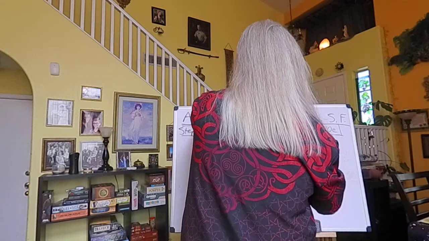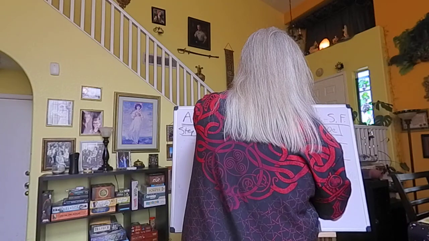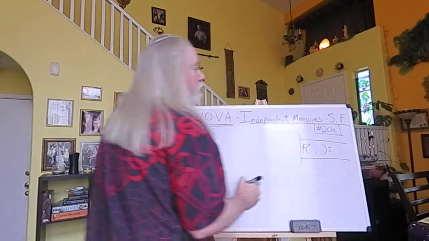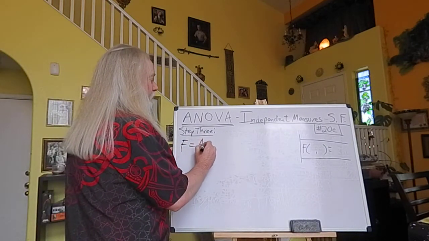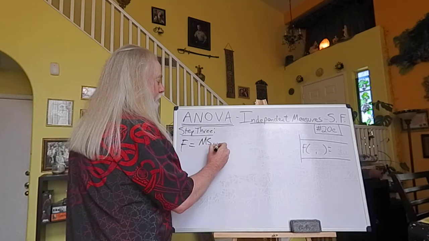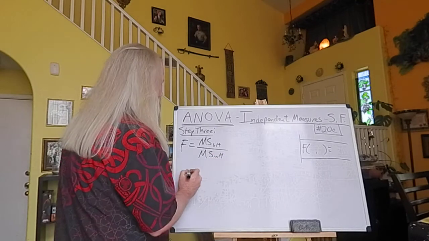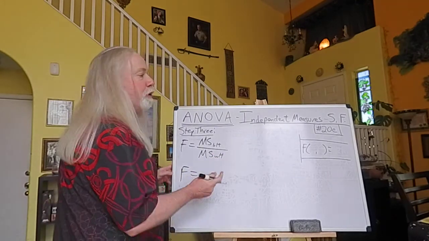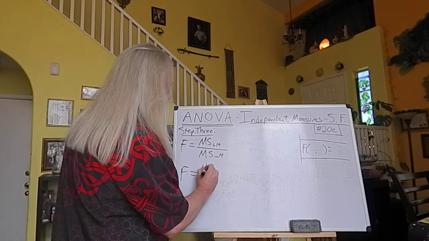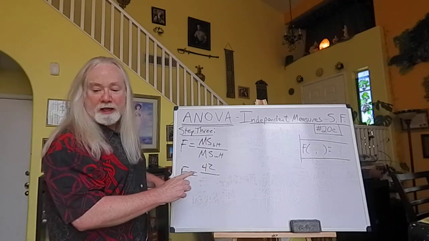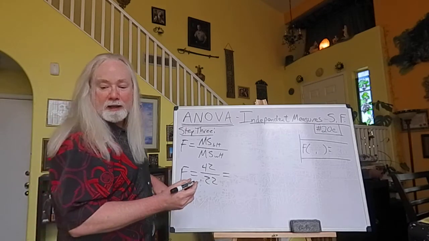So our F ratio is our variance or mean of squares between treatments divided by our variance or mean of squares within treatments. We just calculated those two values. Our mean of squares between is 42. Our mean of squares within was 22. So when we divide that out, we end up rounding this to